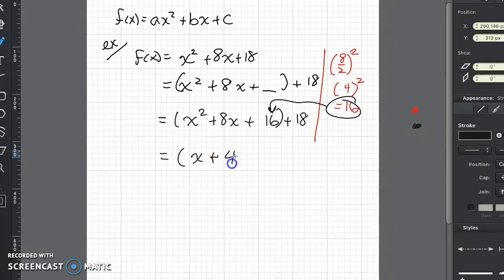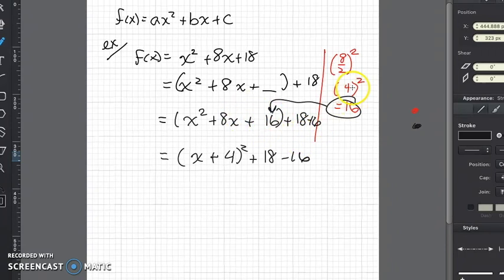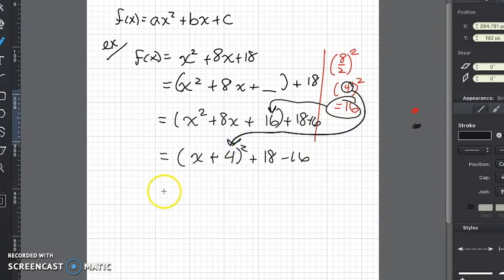So I'm going to say x squared. And since I added a 16, I actually have to subtract a 16 on the outside, so that my equation stays balanced. So I have a plus 18 minus 16, okay? So let me put an arrow there for this guy. This guy goes right here, all right? Then I simplify some more. x plus 4